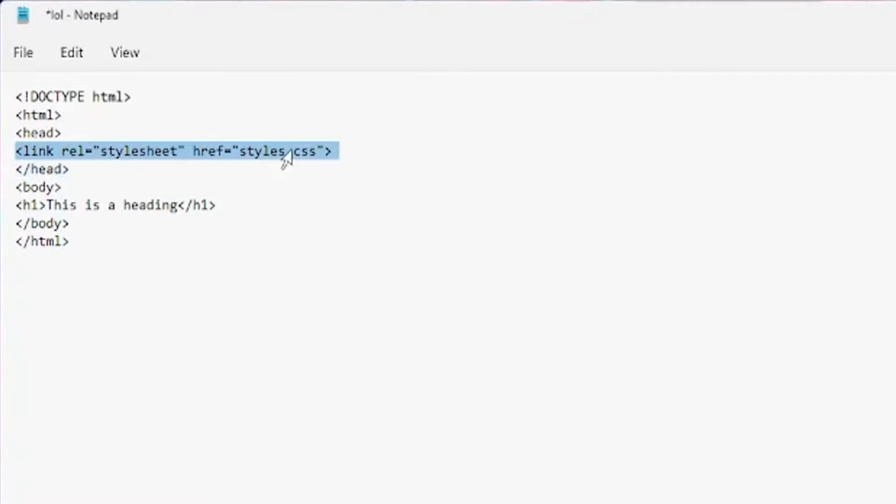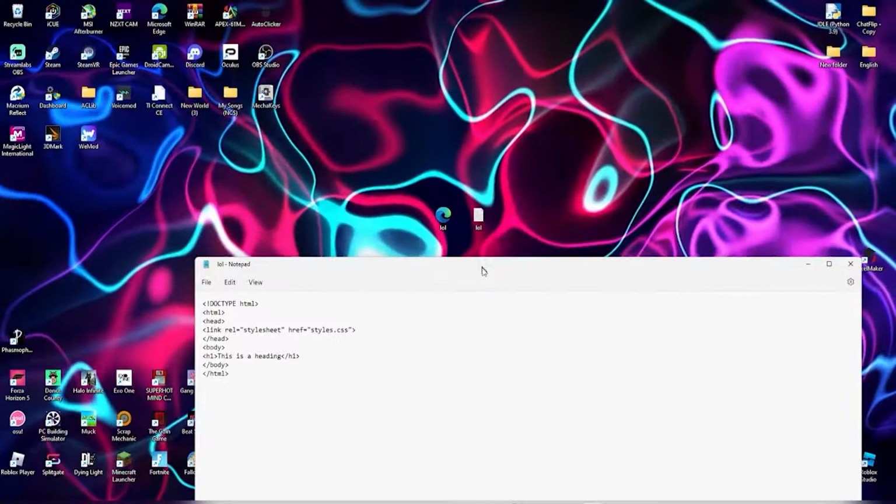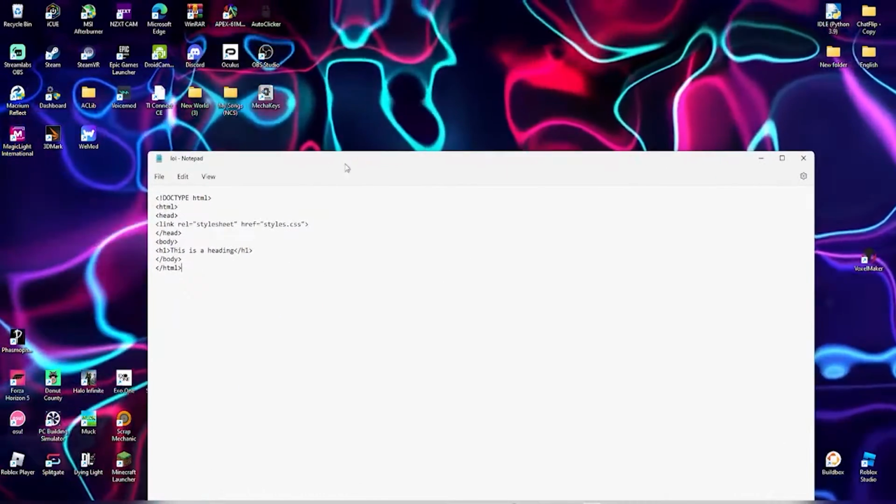So we don't currently have a CSS file, but we now have our website set up to go ahead and accept that. So if we go ahead and save this right now and open it up, you'll see that it just says this is a heading and it's black. We're going to want to make it blue. So let's go ahead